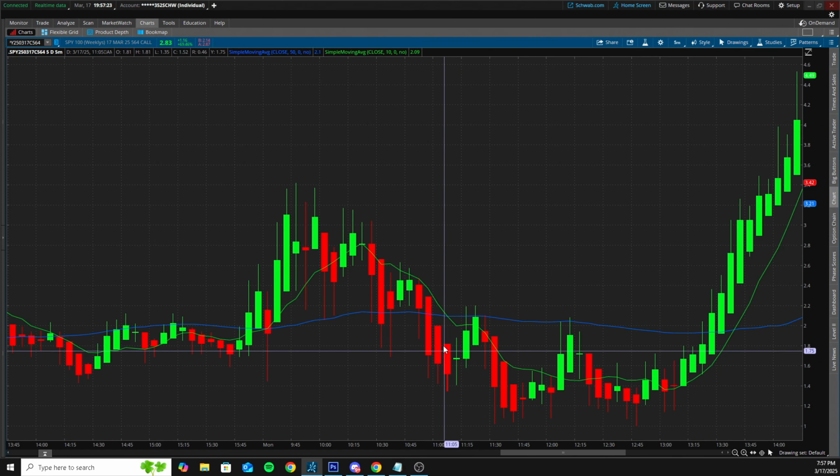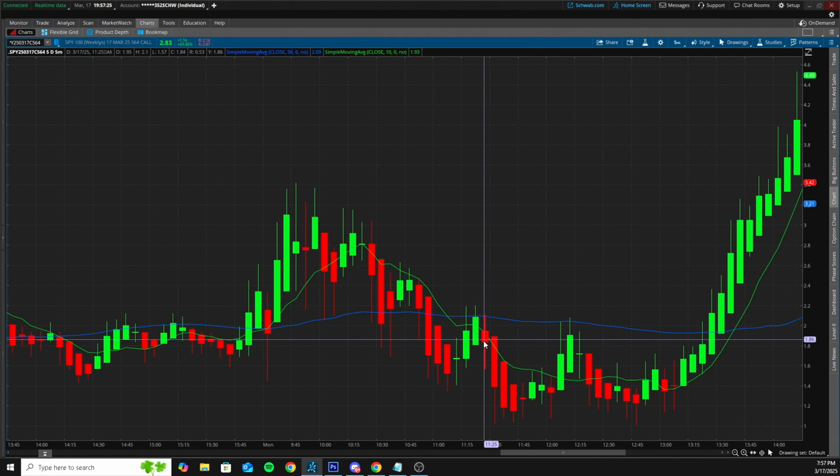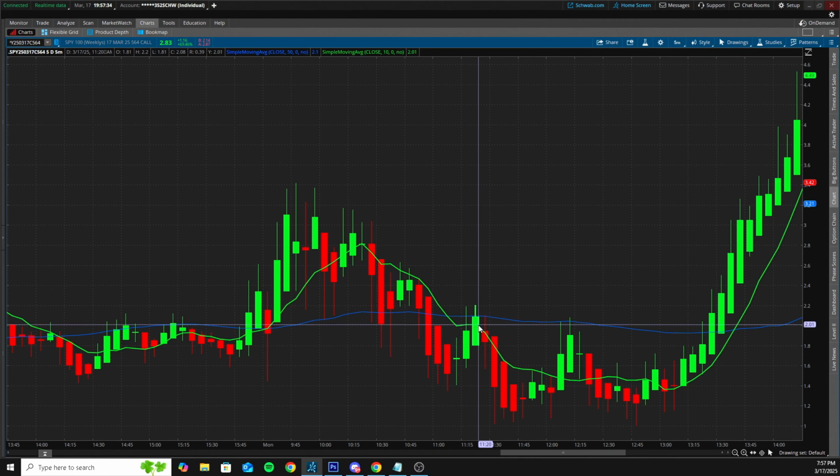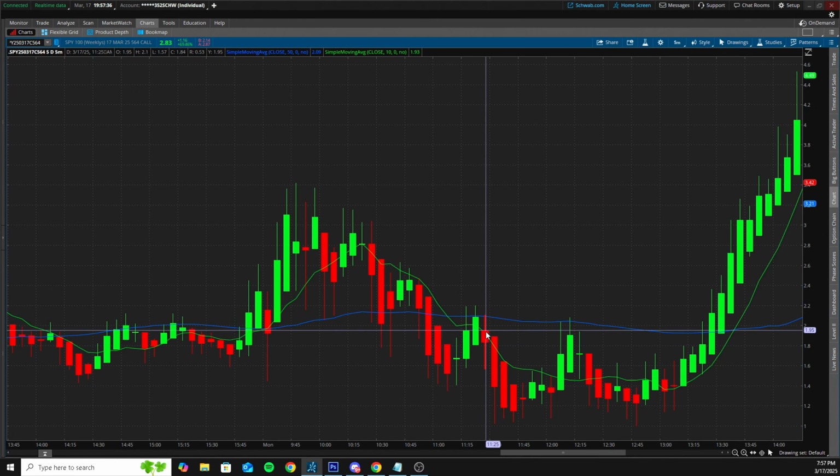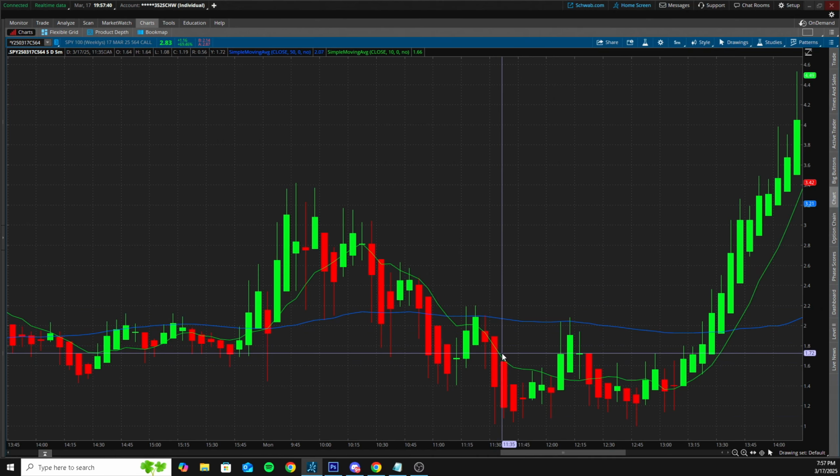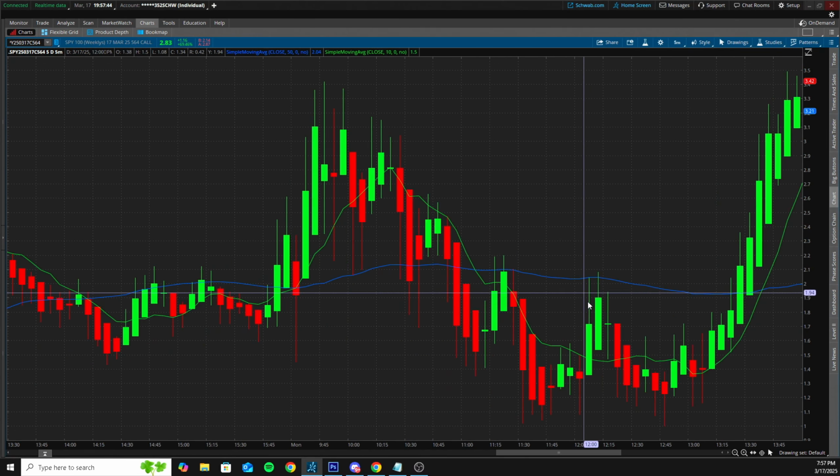At this point right here, after we rejected 50 and got below the 10, I wouldn't want to see price get back above that 10 SMA. If it closed back above the 10, then I would have cut it. But since we remain below that 10 SMA, we rejected 50, closed below the 10, and then we just hold it until either the 10 gets reclaimed or we hit TPs, and TPs was the option that happened. So it's a very simple trade.